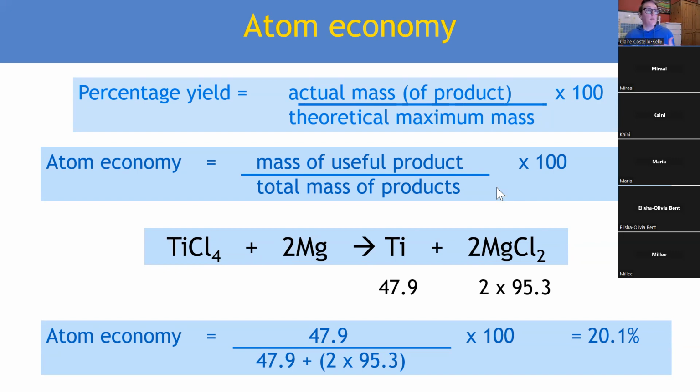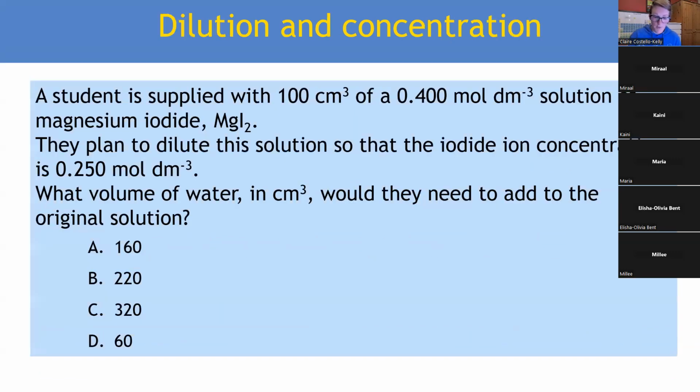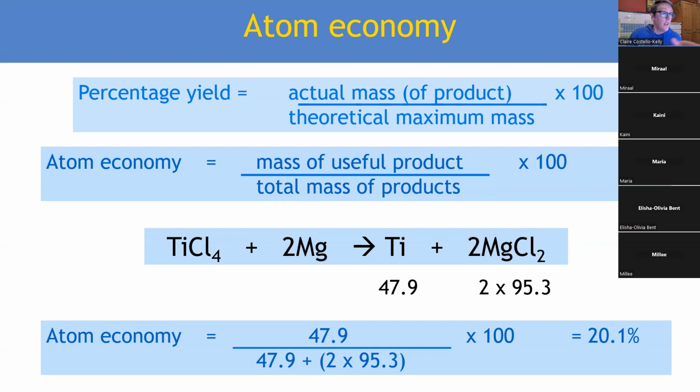I was taught that atom economy was MR of the product over MR of the total reactants. Guess what? It's a balanced equation. The MR, oops, sorry, I took off my pen. The MR of all the stuff on the left-hand side is exactly the same as the MR of the total stuff on the right-hand side. So it absolutely is, if you think about it,